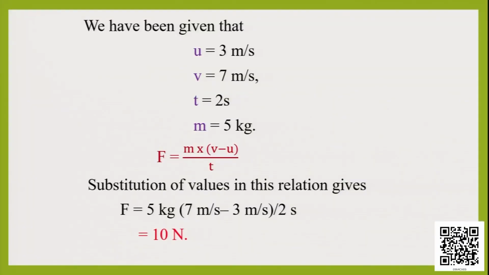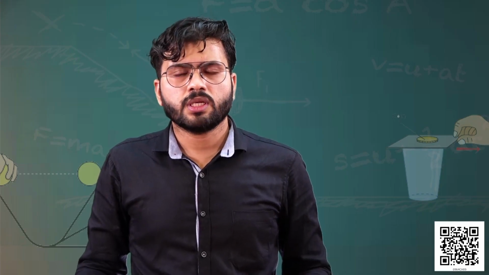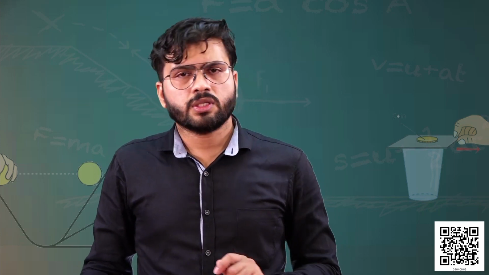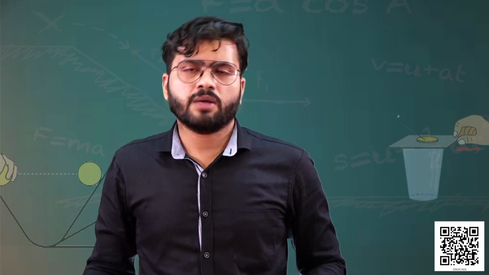We have to note it first. Initial velocity u is equal to 3 meter per second. Final velocity v is equal to 7 meter per second. Time period is 2 seconds. Mass is equal to 5 kg. So, here we will apply the formula F is equal to mass into final velocity minus initial velocity divided by t. And if we substitute all these values, then the answer we will get is 10 Newton. So, the force applied was 10 Newton. So, very much clear. Let us solve another numerical so that it will give us a deeper understanding of the second law of motion,